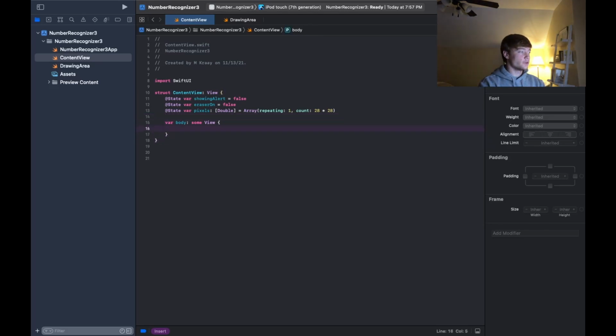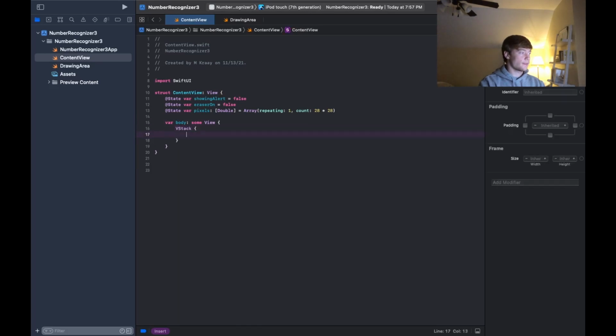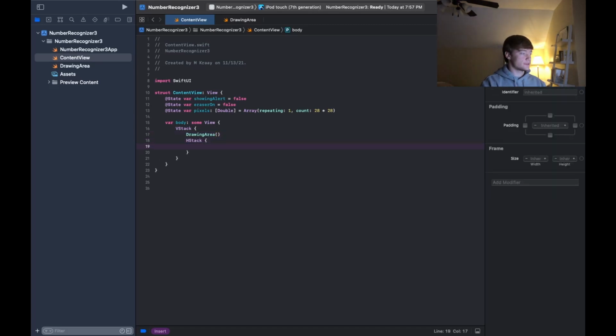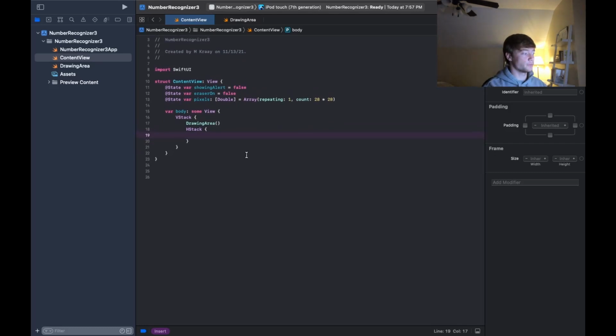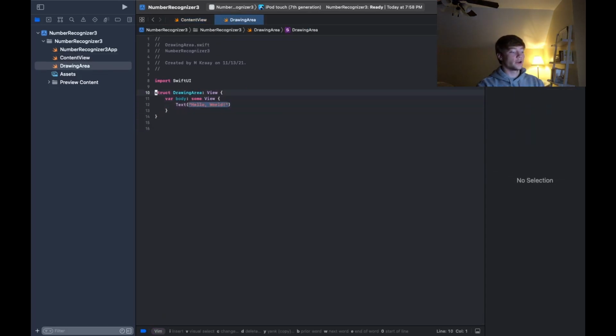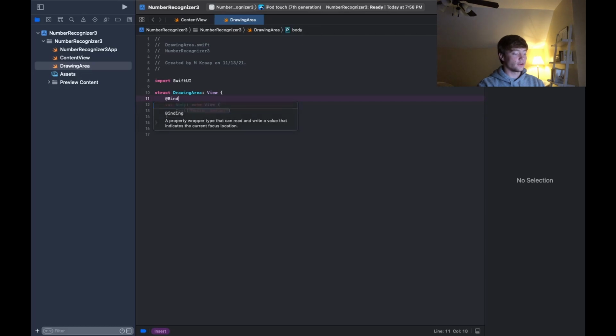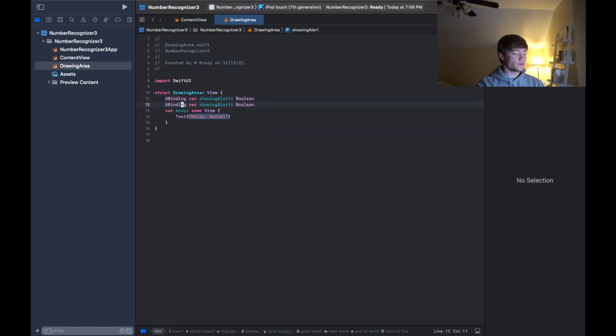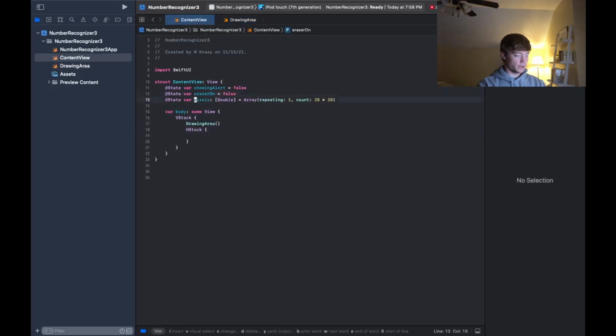Okay, inside of our view, we're going to add a VStack, and we're going to have our drawing area, and then we're going to add an HStack. And then inside this HStack, we're going to define a few buttons. But before we do that, let's first go into our drawing area and add our variables. So we're going to have binding var showing alert, Boolean, one more for eraser on, and then we're going to add one for our pixels,